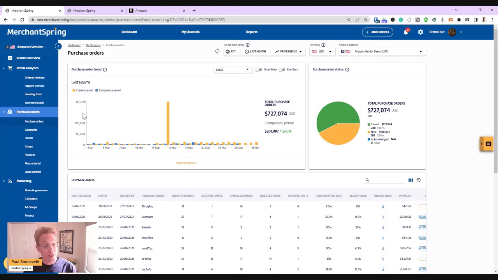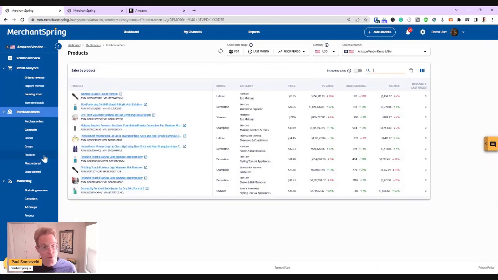What we then do is we take this purchase order information and we look at that in different ways. So we look at it by product, for example, here, allowing you to answer questions like, this month, which products did Amazon order more of versus less of? And you can use this versus last year to understand, okay, where are the ups and downs? Has Amazon stopped ordering a particular product, for example?